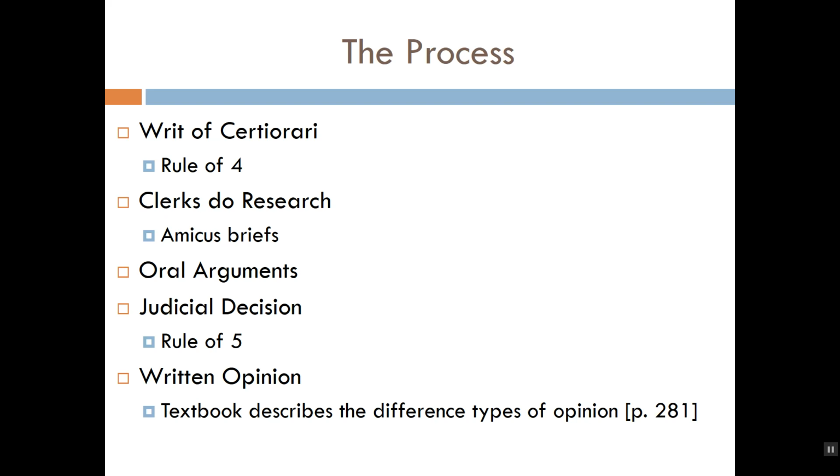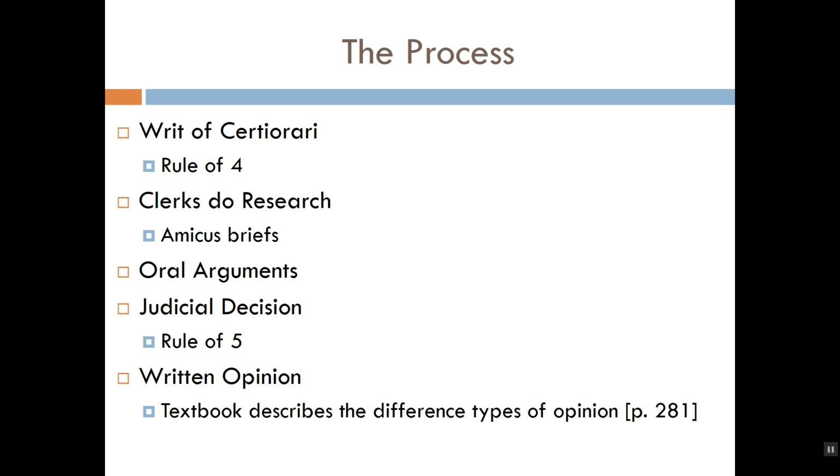It varies from one justice to the next. Ginsburg happens to have a lot of clerks. Clarence Thomas only has a couple. And what we're going to find is that the clerks are going to read not only the procedural history and the arguments of the attorneys on each side, but they're also going to read what we call amicus briefs. Now, again, that term sounds scary, but an amicus brief,